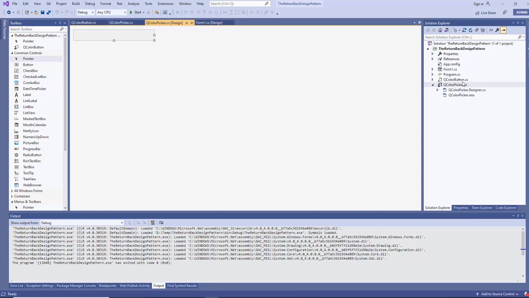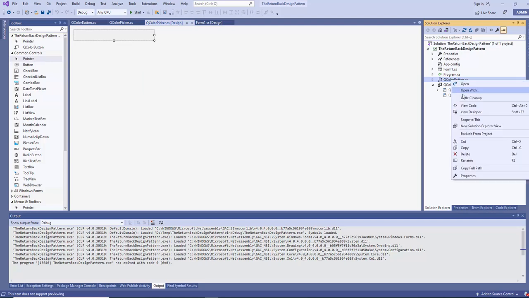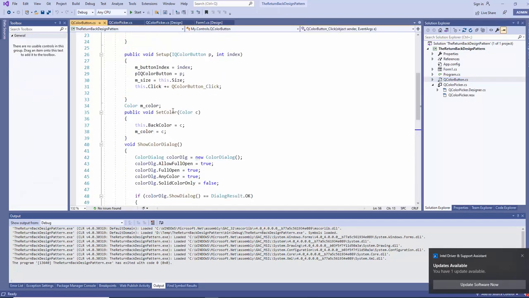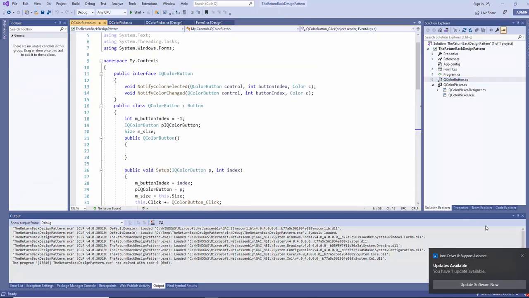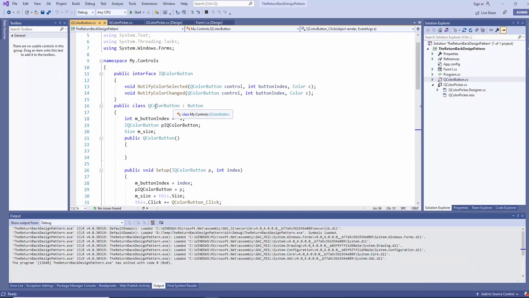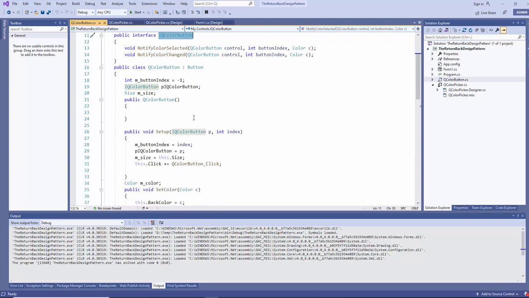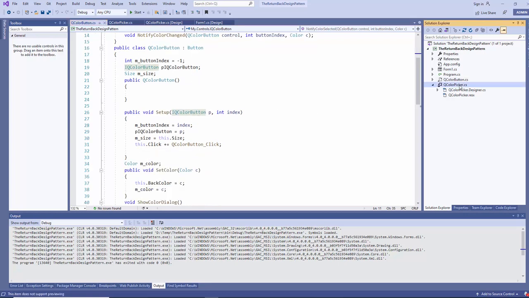Okay, this user control is empty. It's initialized with Q color buttons. The color button itself is a color button. It's a class that derives from a button, so it's a button. The button itself has an interface called IQ color button. And when the color picker